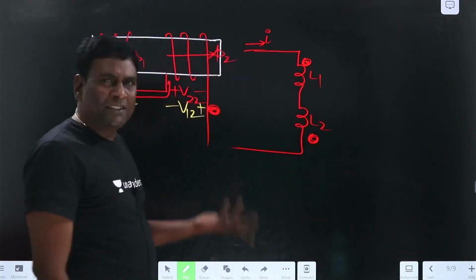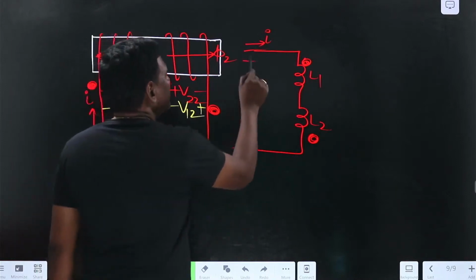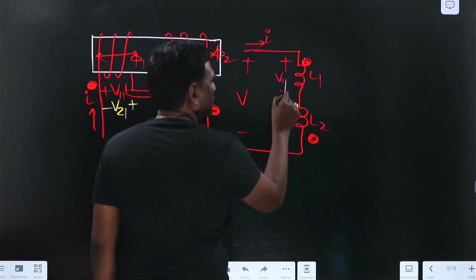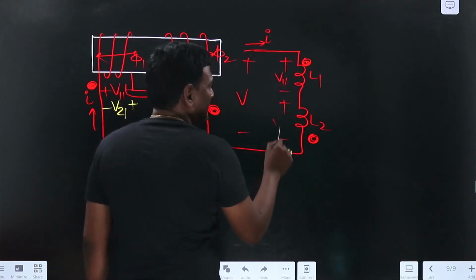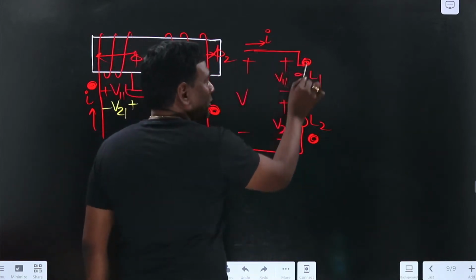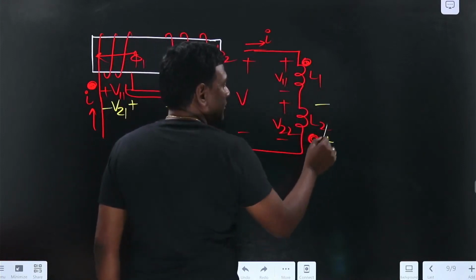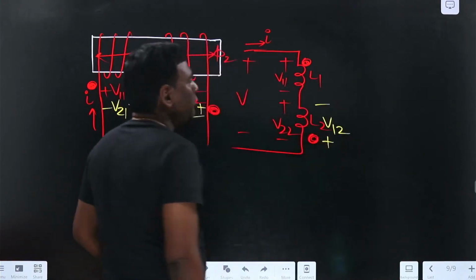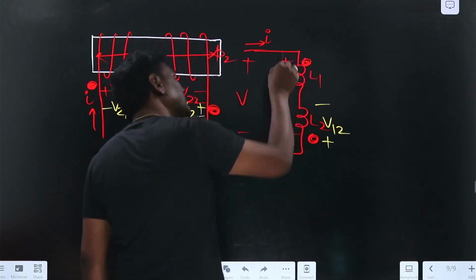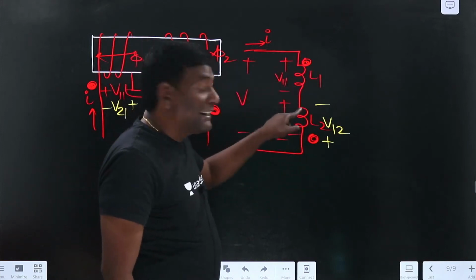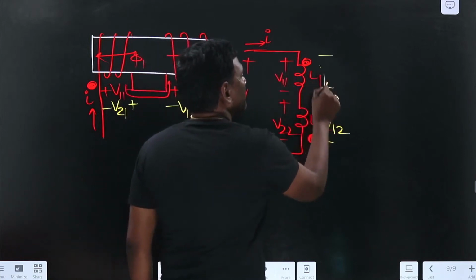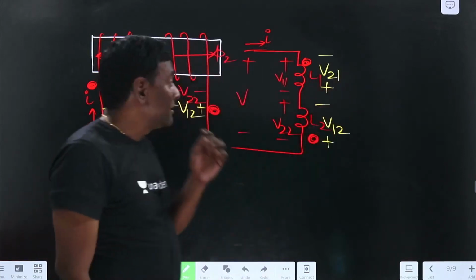Now for this, the equivalent has to be found. So this is going to be V. Now for self, current is entering here, plus minus V11. My current is entering here, plus minus V22. Now if you think of mutual, current is entering into the dot, so this dot should become positive. This is V12 because of 1 in 2. And now current is entering into the undot, so here the undot should be positive, so this is going to be V21 because of 2 in 1.